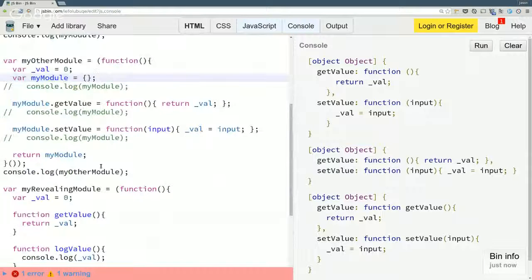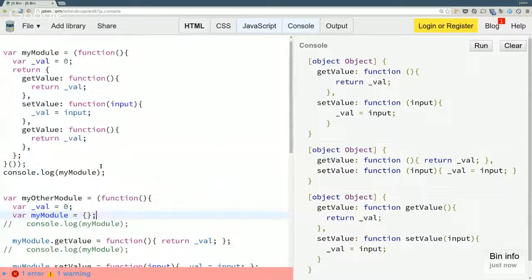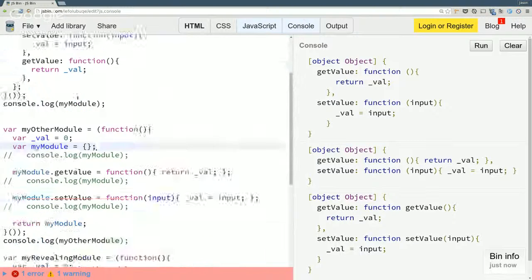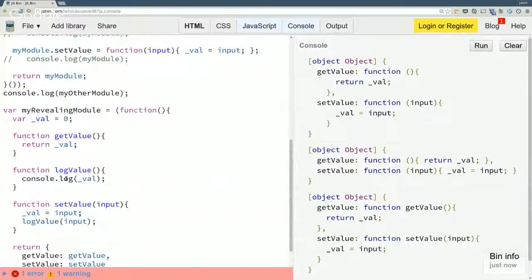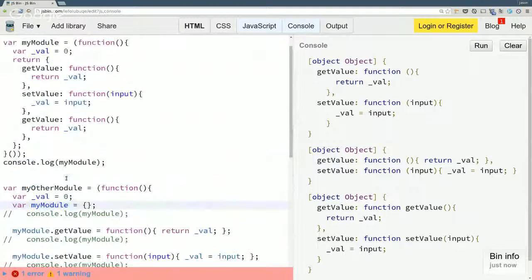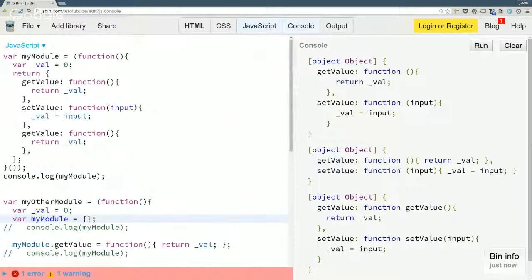Is there any specific pattern that we should get used to? What is best practice? Yeah, you see all of them all the time, all of these different versions.